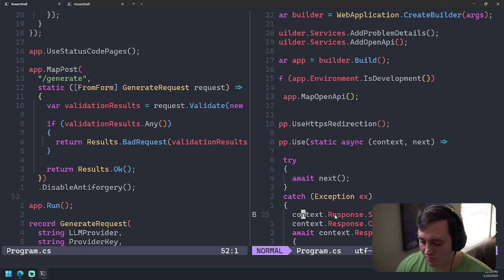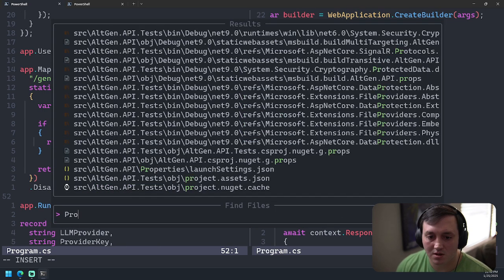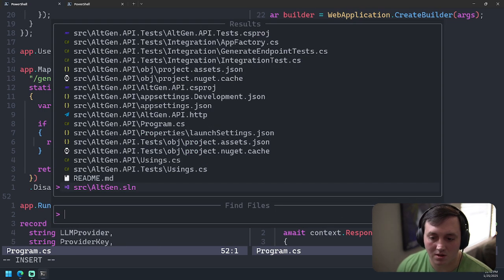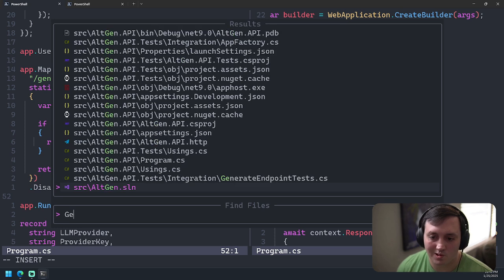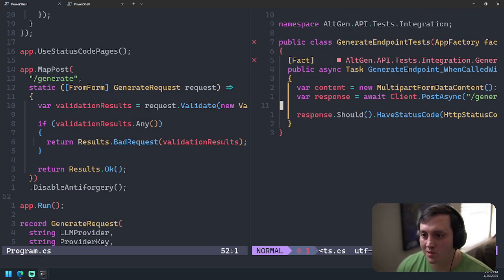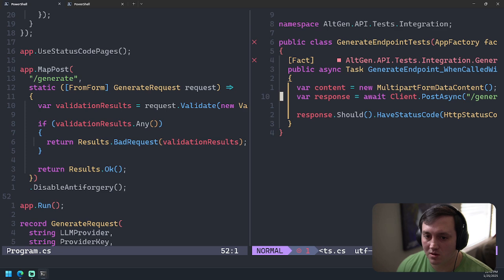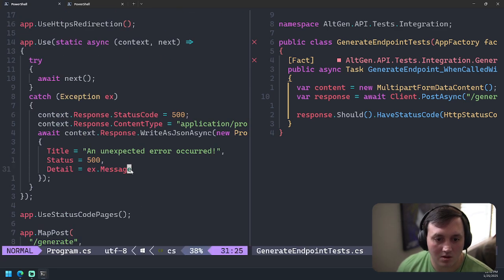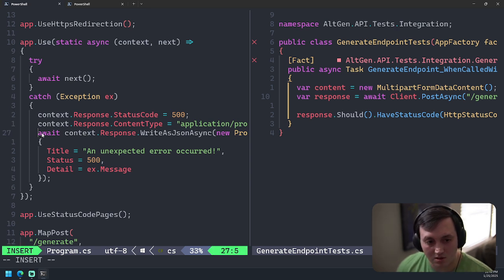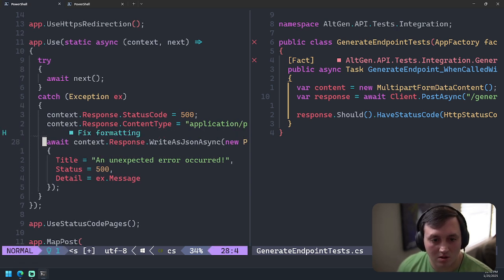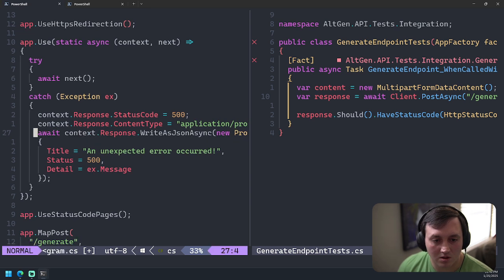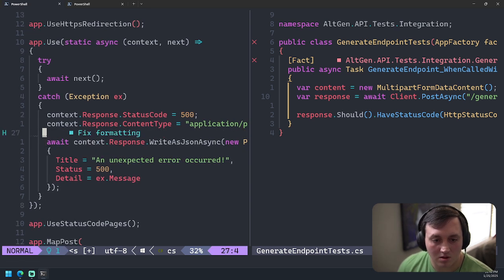Let's remove this breakpoint. No, I think I don't actually need to do this.